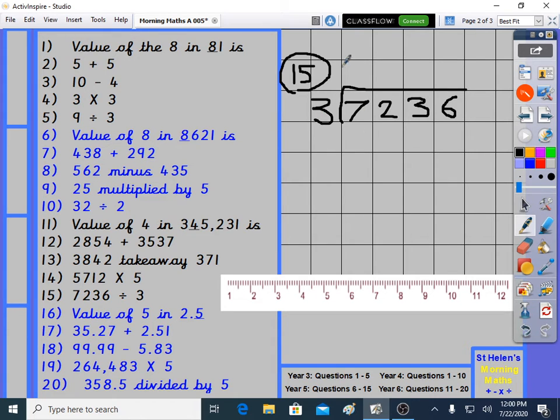3, 6, there are 2. I got up to 6, but that says 7, so I have remainder 1. How many 3's in 12? 3, 6, 9, 12 is 4. How many 3's in 3 is 1. How many 3's in 6 is 2. 2,412. By the way, if you have trouble with any of this morning maths, there are a lot of morning